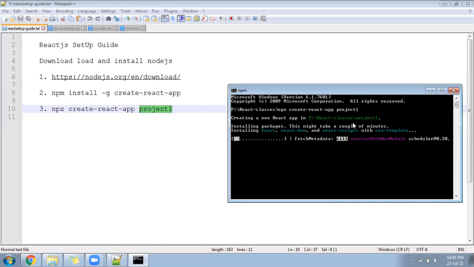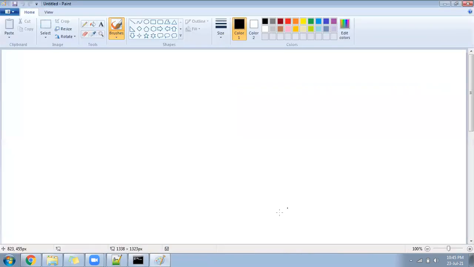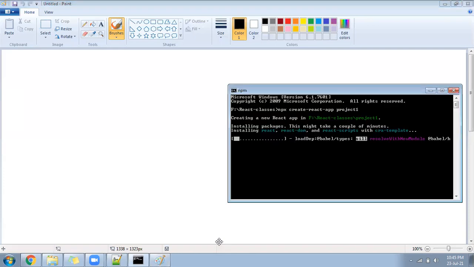Meanwhile, I'll guide you on the internal structure of React. When you are going to work on React, what will be inside and how that looks. Okay, let me go to my pen. This installation is going on. It will take 2-3 minutes. By then I'll guide you completely so you will understand. Okay, I'm going to work on React. This will be the folder structure inside and how that looks. Okay, so let's look here. See how that looks.